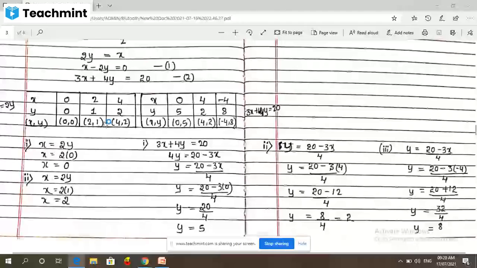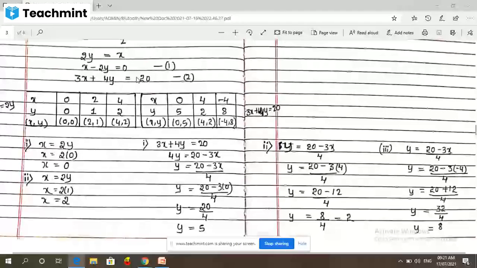Next, in the place of y, can we take 2? Yes, you can take any value, positive or negative. Here we took y as 2. I didn't show the calculation, but you can imagine 2 into 2 is equal to 4. We got x as 4. So the point is 4, 2. Now for the first equation, our table is ready. We just have to represent these points on the graph paper. Let us keep this table as it is.